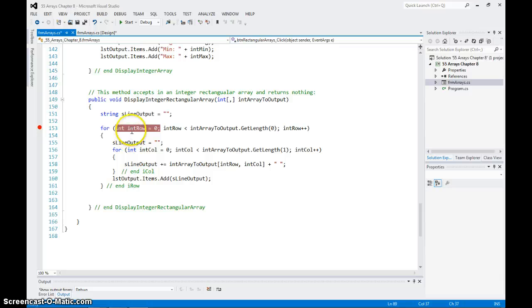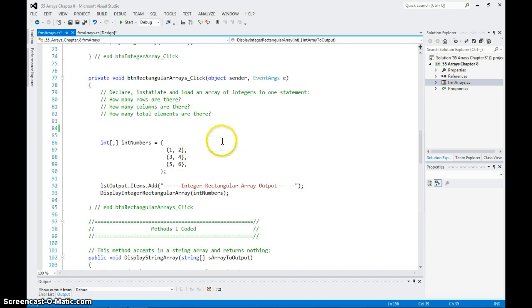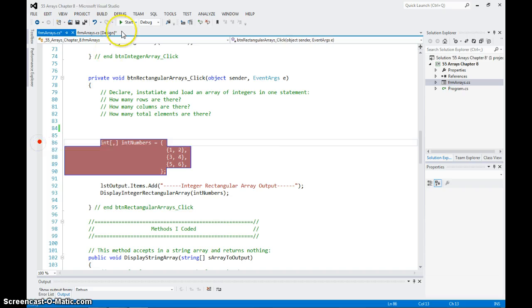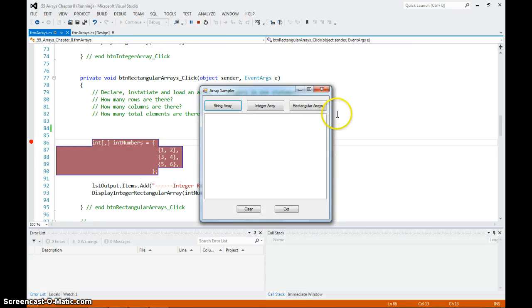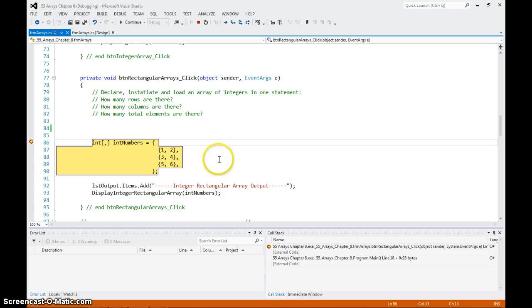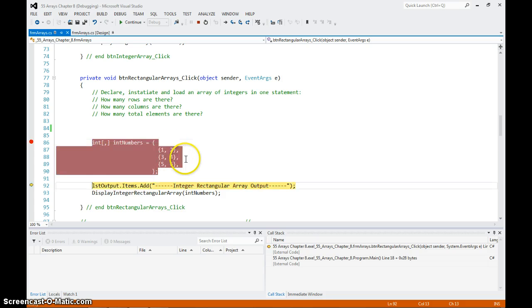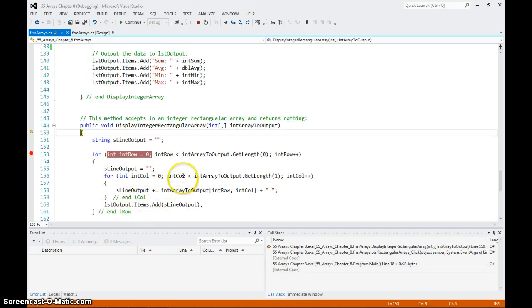And you need 2 loops, one to handle the row going down and another to handle the columns going across. So let's put a quick breakpoint in right here. Let's run this because time is limited. Okay, we declare an array with 3 rows, 2 columns. We call a method called display integer rectangular array. And we come in, we process starting with row. Remember, you always access them 0 to 1 less. So start at 0. And this right here is a little more complicated, but you have to do the array name and do the get length